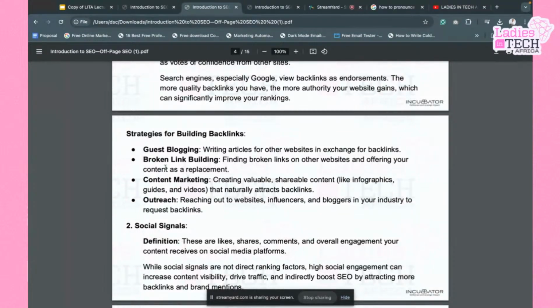Now, broken link building, finding broken links on other websites and offering your content as a replacement. Now, this also works. It's also a strategy to build backlinks. Now, we have content marketing, creating valuable, shareable content like infographics, guides, and videos that naturally attract backlinks. Now, what this means is